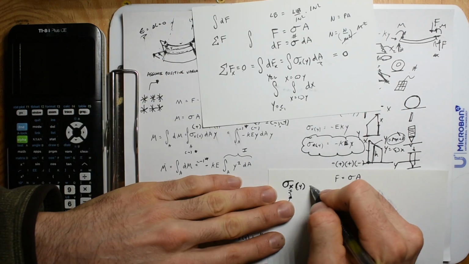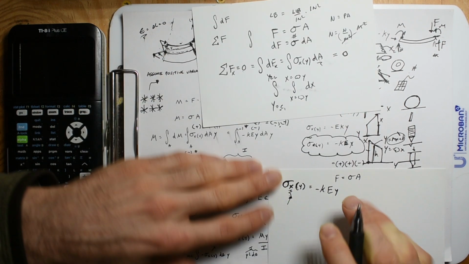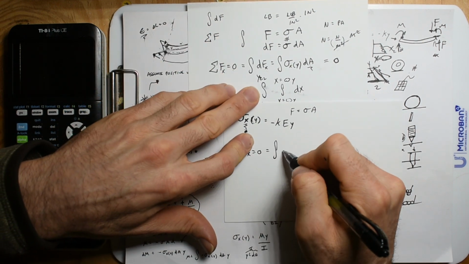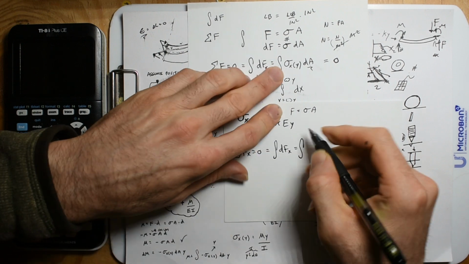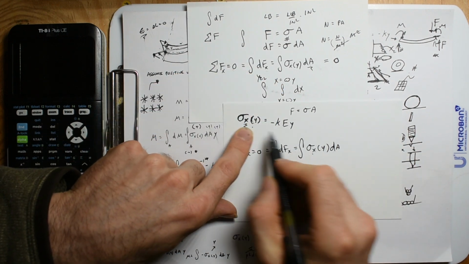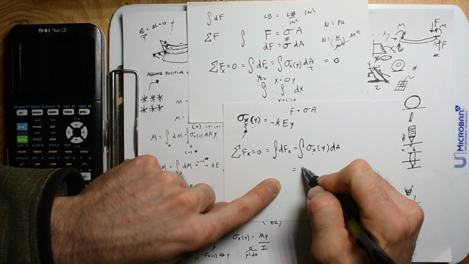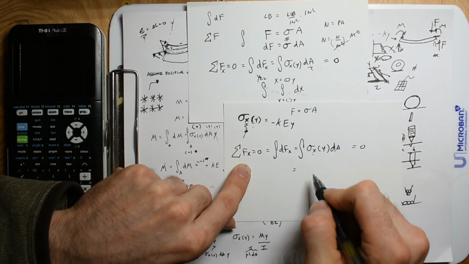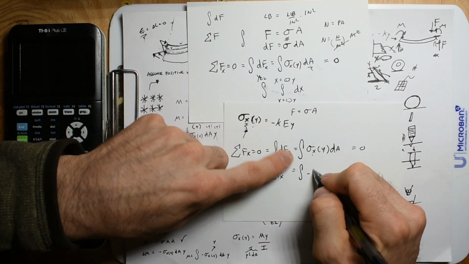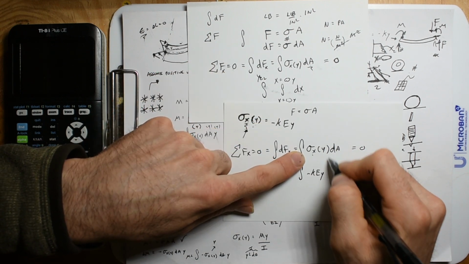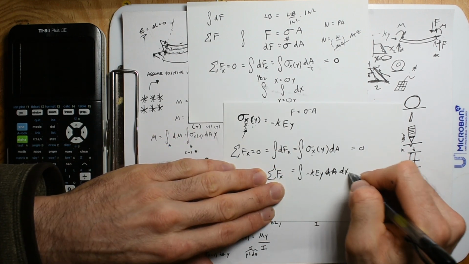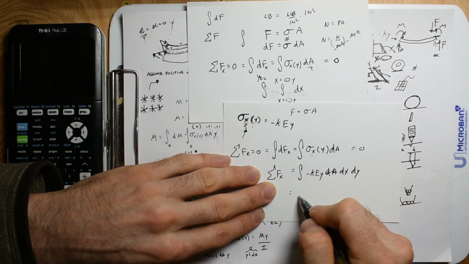So this equation is the curvature E y, and we have the sum of the forces in the x direction is 0, equal to this integral dF in the x direction, equal to the integral of sigma x of y dA. So now we can throw this value sigma x of y into this equation, and we know this is all equal to 0. The sum of the forces is equal to the integration of negative k E y dA. Cool. We said that if we did the dx dy, we already did the dx, and that's going to give us,